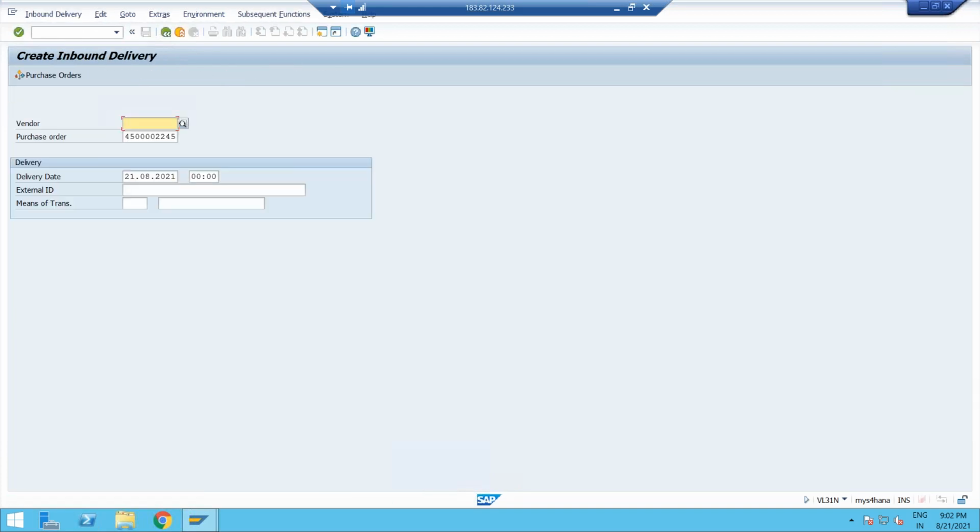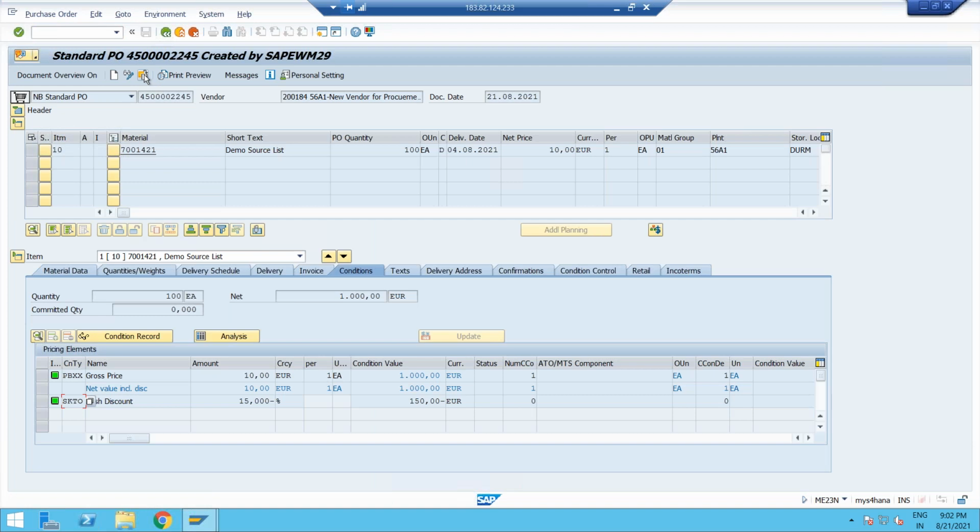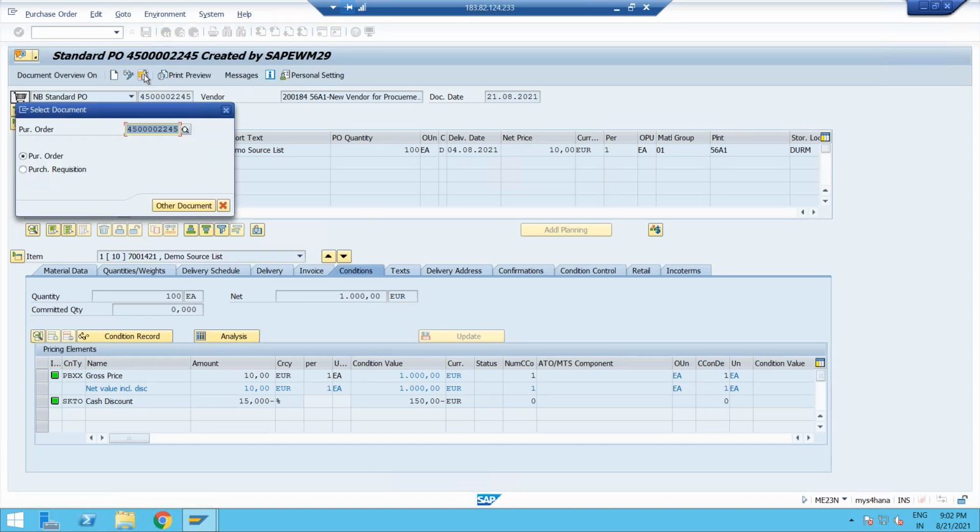VL31 and inbound delivery. This is the test system, and I have taken the access today only, so I am not sure how this data is set up here.